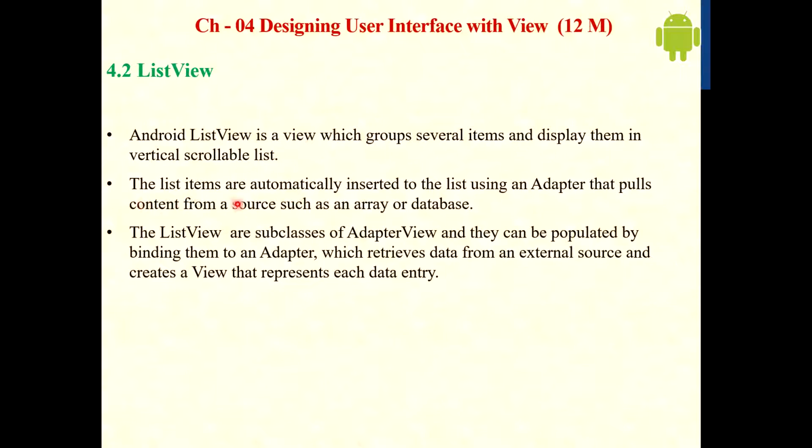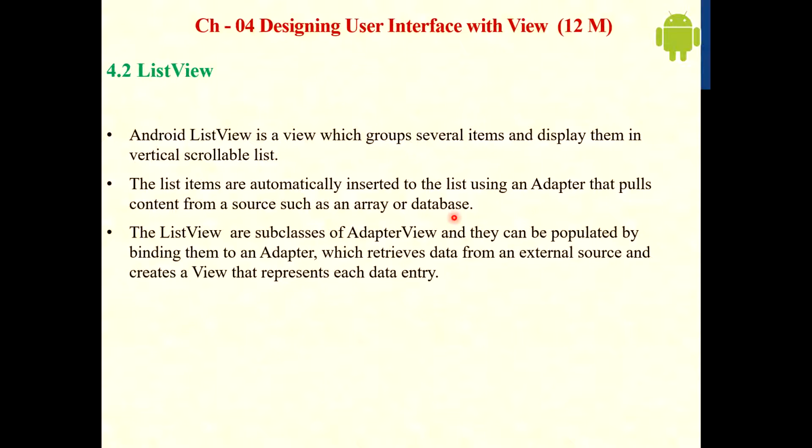The list items are automatically inserted into the list using an adapter that pulls content from a source such as an array or database. In Java we add items to a list by various methods, but we also use an array adapter to add the various items in the list.